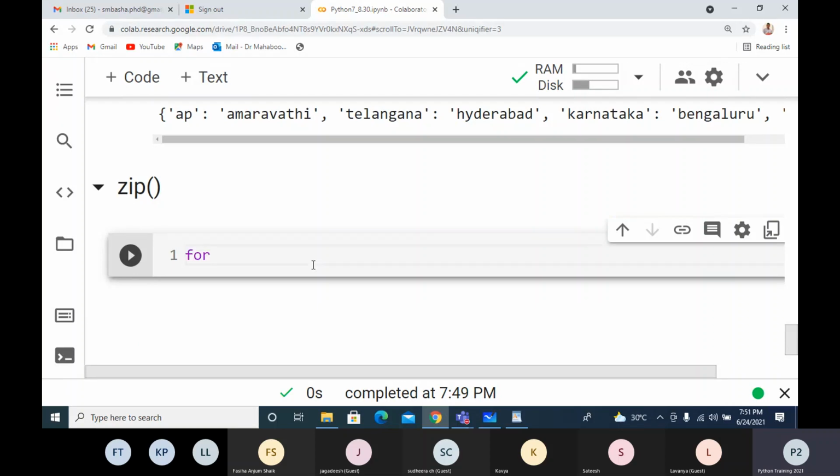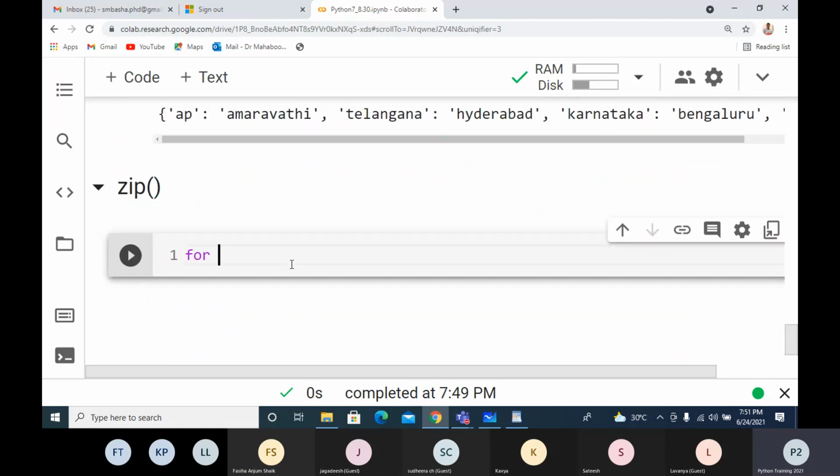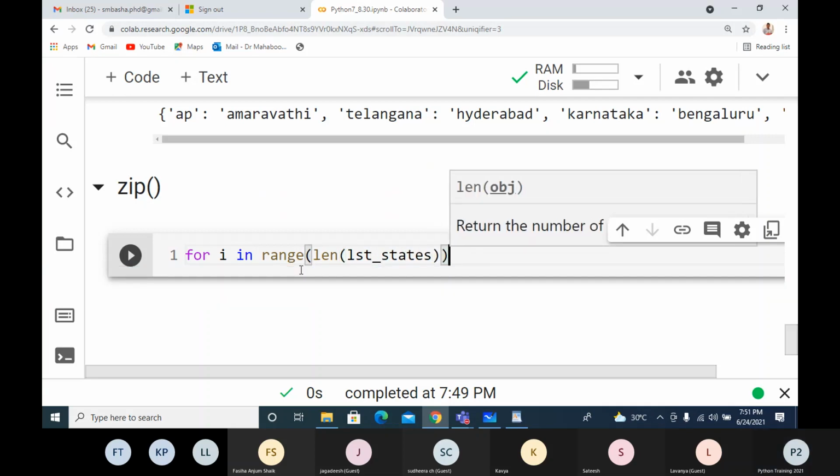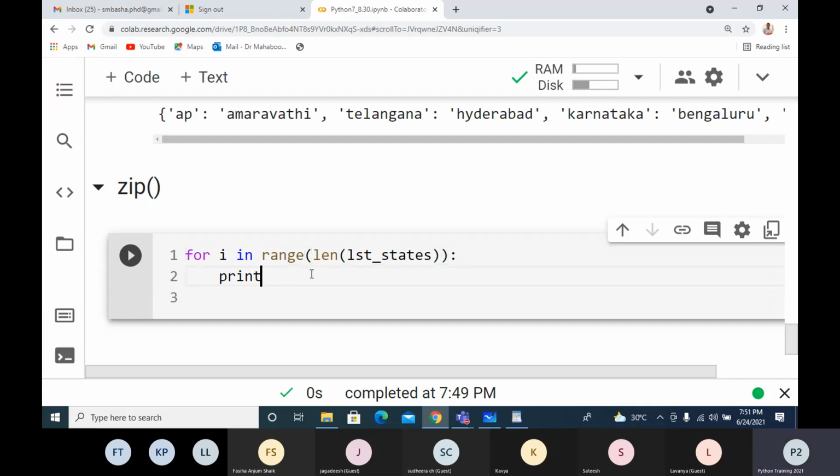If I want to run through them, what I can do is for I in range, length of LST states, then I can say print.